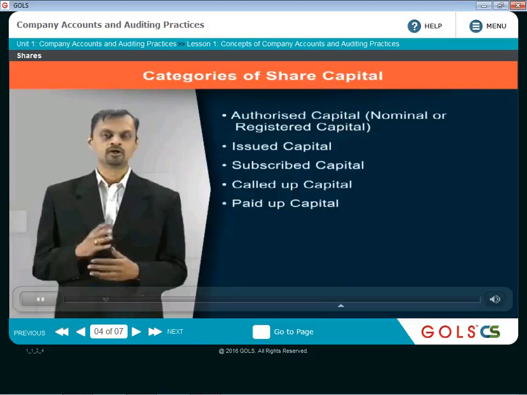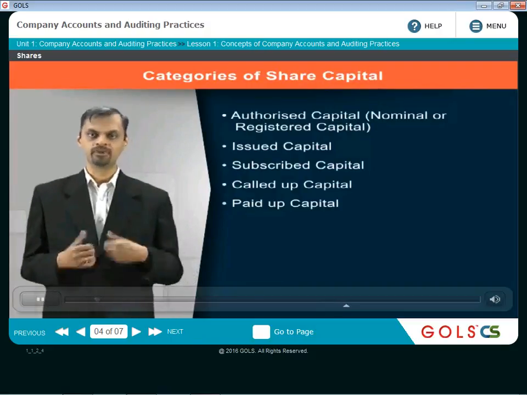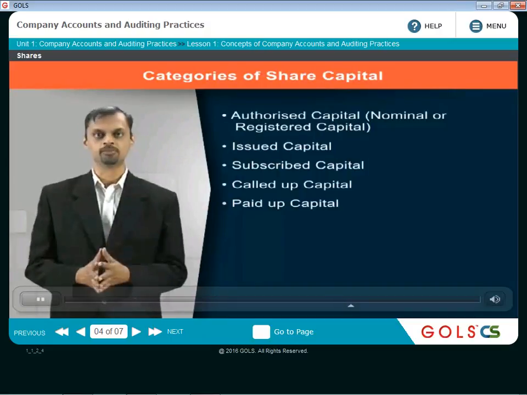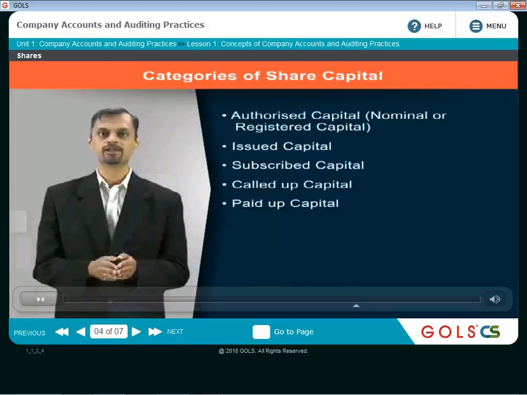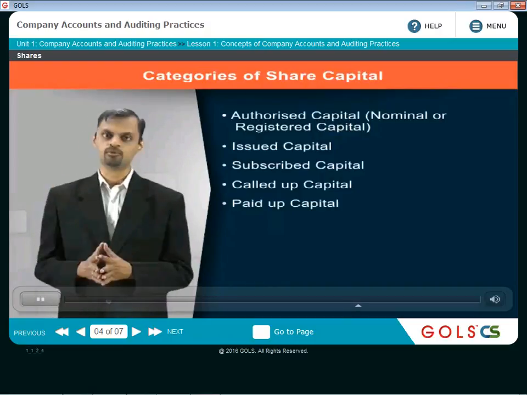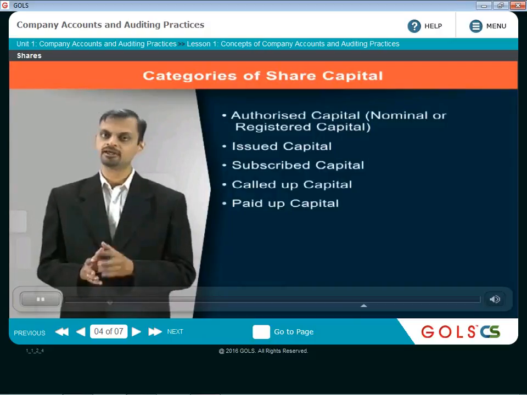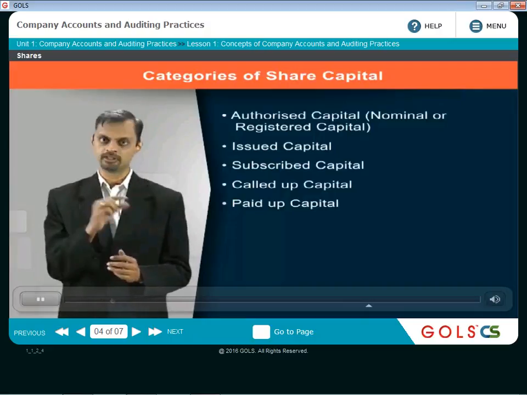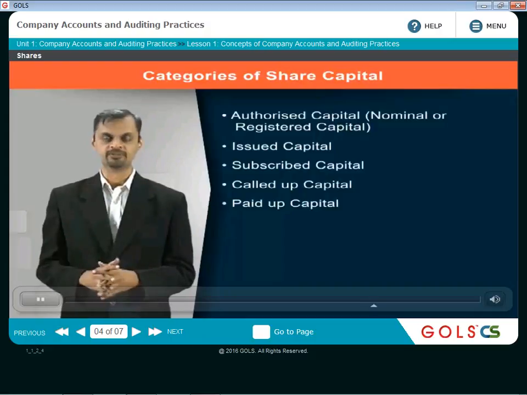Now what is the purpose of this? At the time of winding up, in order to repay the creditors and the lenders, there have to be sufficient funds available. So for that, the company may reserve some portion of the uncalled capital to be called up at the time of winding up. This reserved portion of the uncalled capital is called reserve capital. So reserve capital is that portion of uncalled capital which is reserved to be called up only at the time of winding up. That is why the name reserve capital.